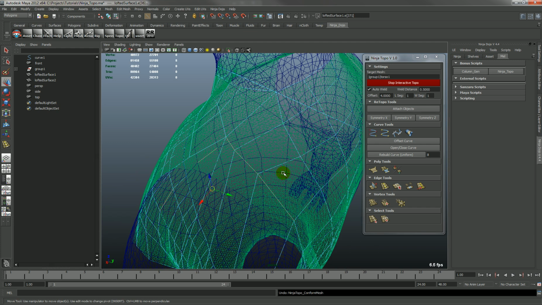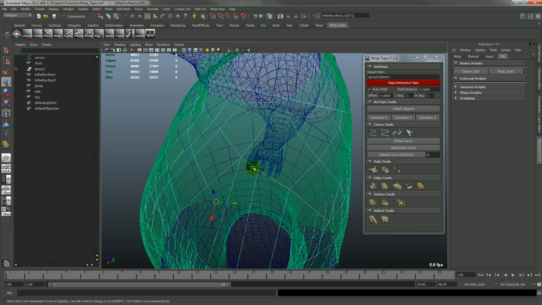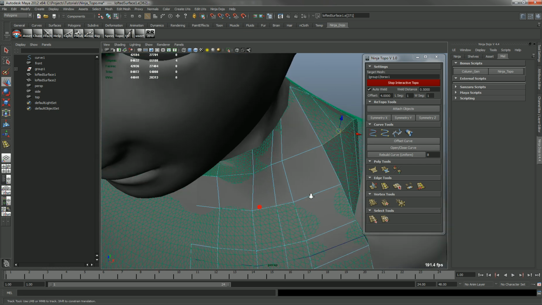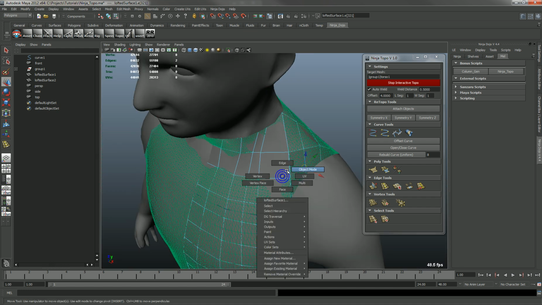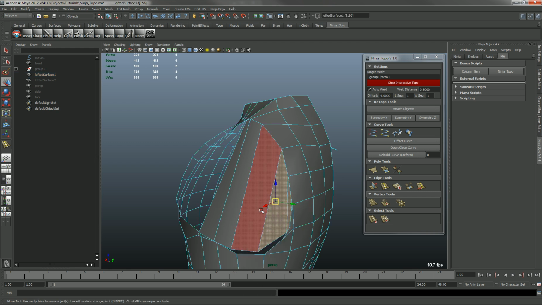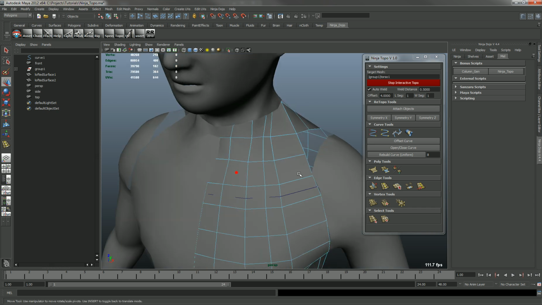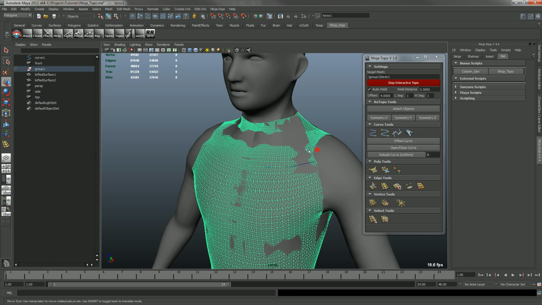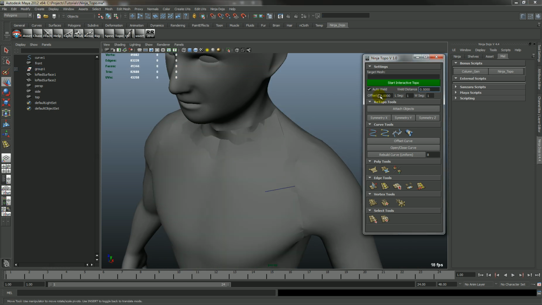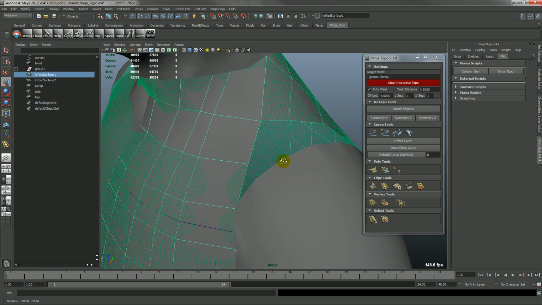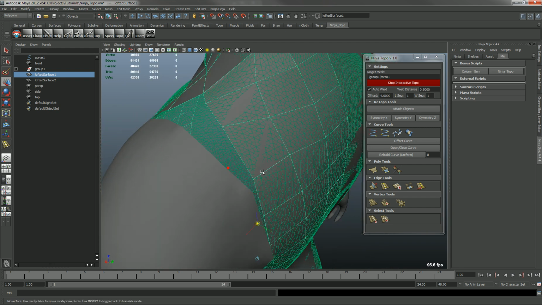Oops. I think I had some, so it looks like I might have moved some of these verts. You can just go and delete these guys. And so another thing is, if you hide the live object, you just hit stop and then restart again. I'll find a way around that at some point. But